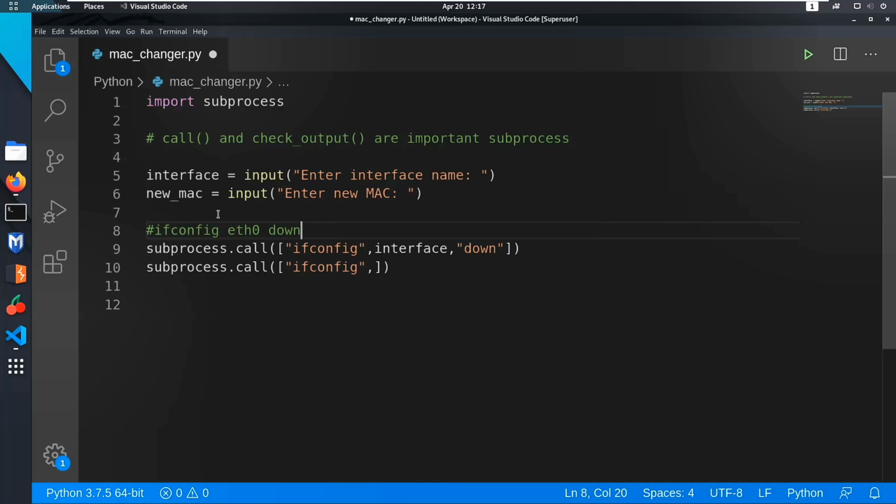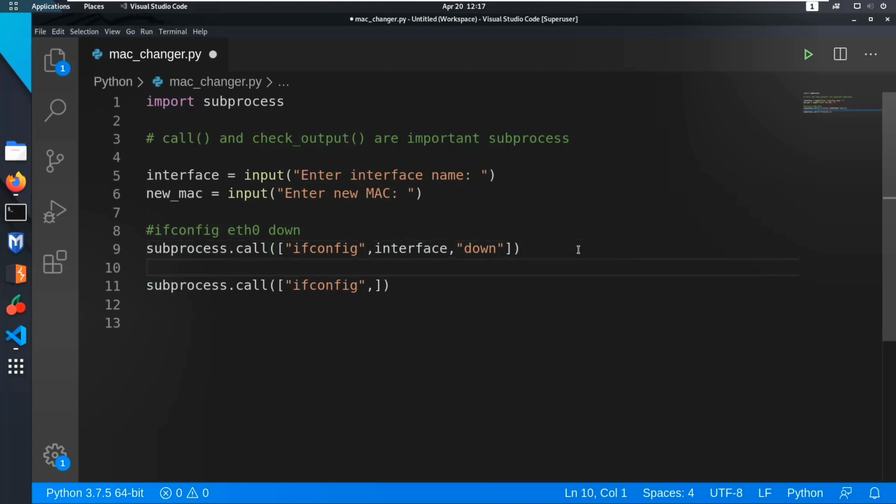This is what this line does. And the second one is ifconfig eth0 hw ether, where hw means hardware, and ether is the parameter in ifconfig where the MAC address is specified, and we'll specify the MAC address.